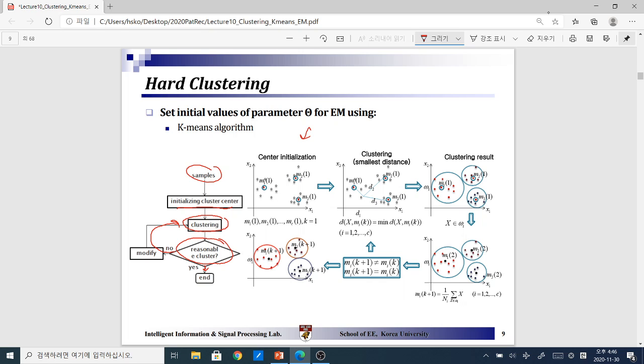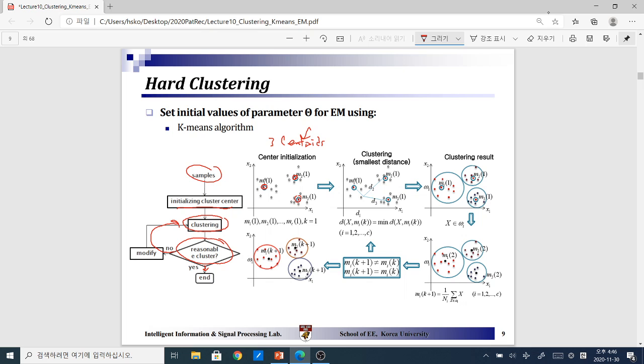So here's that step, the initialization. That is, we decide on how many centroids we're going to have. So let's just say that we want to have 3 centroids. So what we do is that we randomly select 3 samples, 3 instances, and say that they are the initial centroids. And then what we do is that we assign each of the samples to that particular centroid, which in terms of the distance is the one having the closest distance.